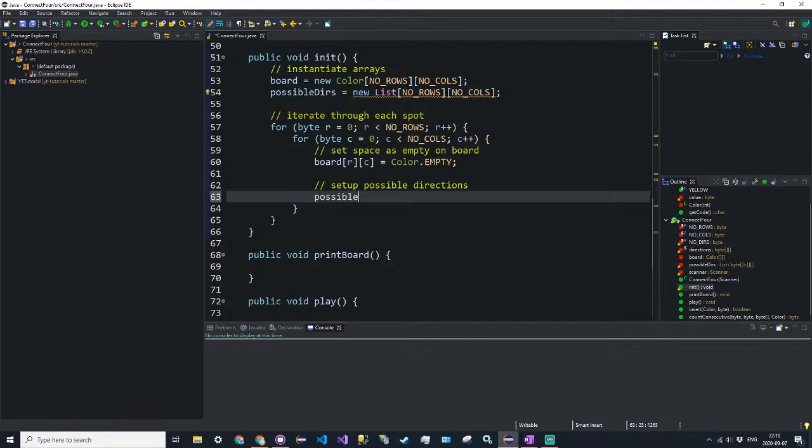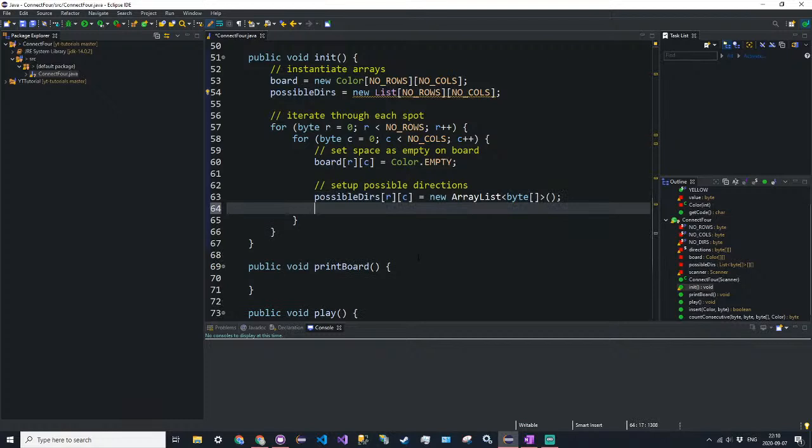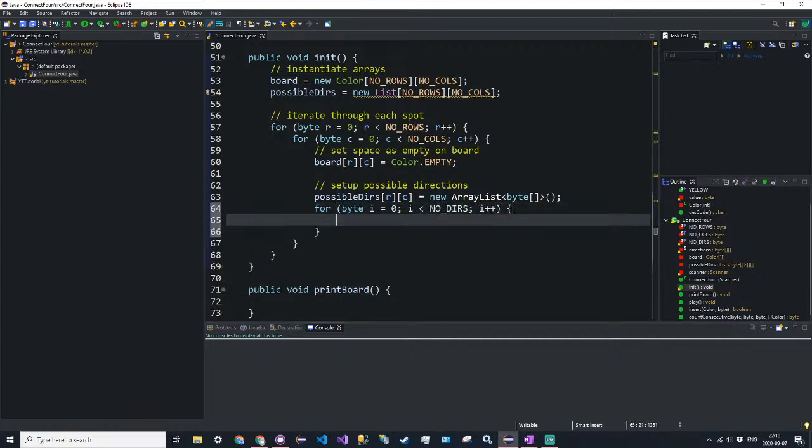So we're going to say possible dirs at r at c is equal to new array list, with template parameter byte array, and then open and close parentheses. So we're going to initialize the array at that spot, and then for byte i is equal to 0, i is less than number of directions, i plus plus. Now we're going to test in all 4 spots. For each direction, we go up, down, left, and right, and determine if it goes out of bounds. So if, then in parentheses,